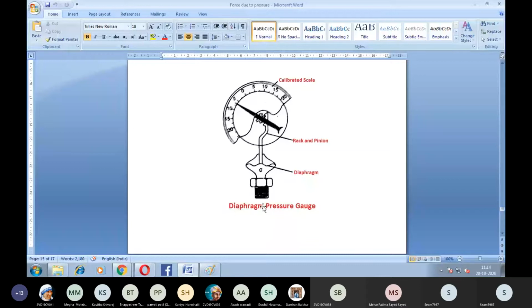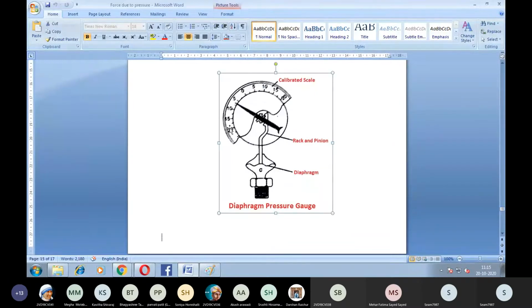As the water passes through this section, it hits the sheet, and as it hits the sheet, this rack and pinion arrangement is going to deflect. Simultaneously the pinion is connected to a needle, and this is the graduation scale.